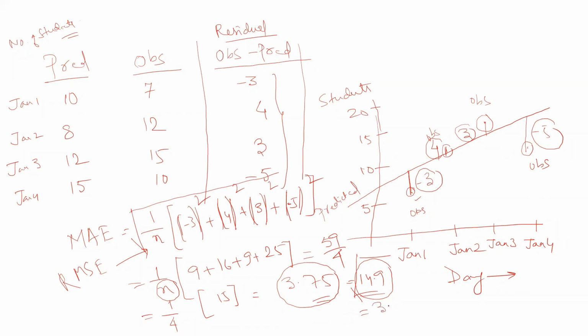3 point some values, 3.8 or something, right? 16 root is 4. Yeah, 3.8 something, right? So you see the difference between the mean absolute error, which is 3.75, and root mean squared error, which is very less. So you can understand from this difference that you have very less outliers, or you have insignificant number of outliers